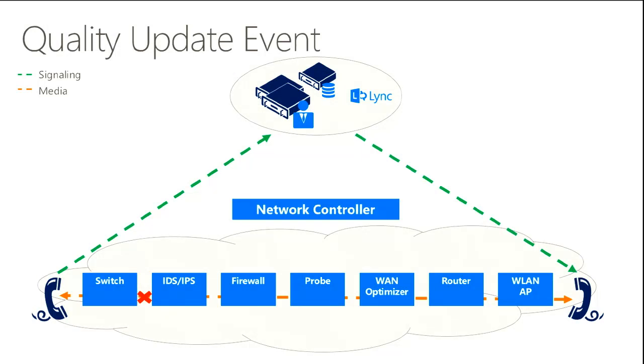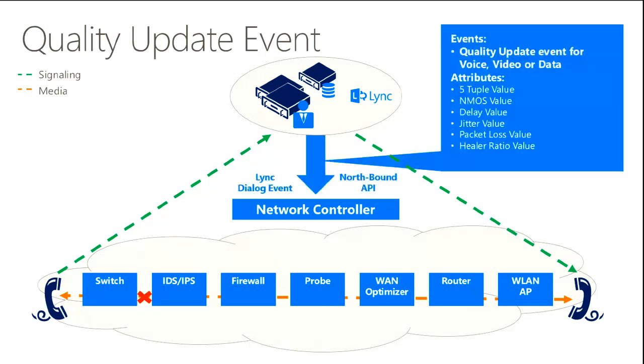The idea of what we could do at this point is send right away, you know, that there's a problem going on with the session. So not only has the session started, but we're having a problem with the session. And specifically, we're seeing dropped packets or a MOS score very low, or too much jitter, too much delay. Now the idea is that the network can take that and try to do something with that and adapt